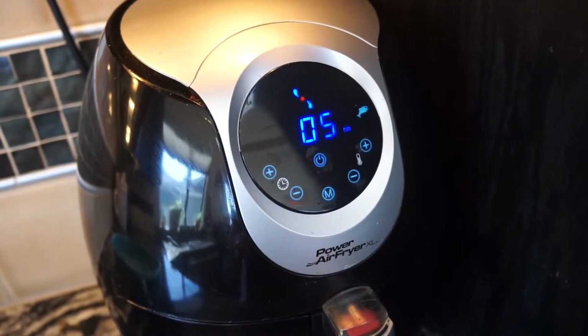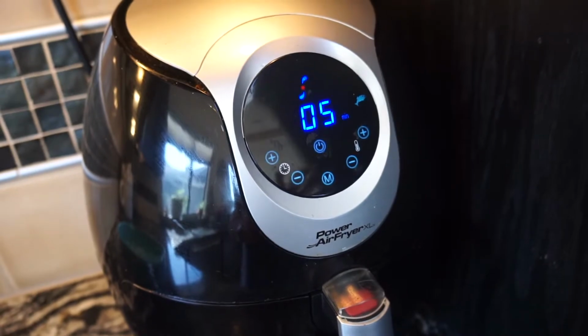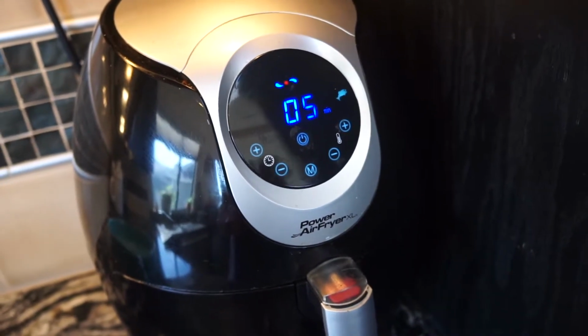We're gonna be doing barbecued ribs in the Instant Pot and then throwing them on the grill because it was a beautiful day. And I'm going to be making Caesar salad as well as chicken fried steak with gravy. So stay tuned. Let's warm the air fryer up for 5 minutes on 270 and then we'll put our eggs